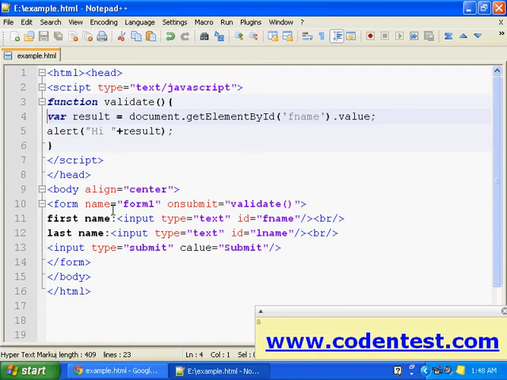Let me just check this script again. Form name, form onsubmit, validate. This validate word should match this validate because it's the same function, we are calling that function. First name fname ID, so the fname ID is good, and the submit button and form and result: document.getElementById fname.value and hi result.